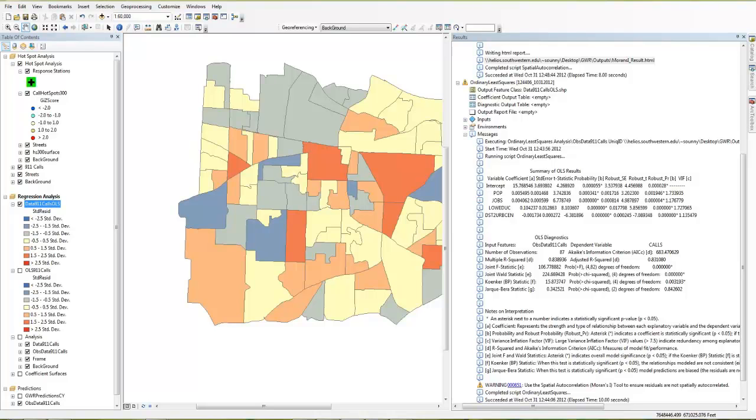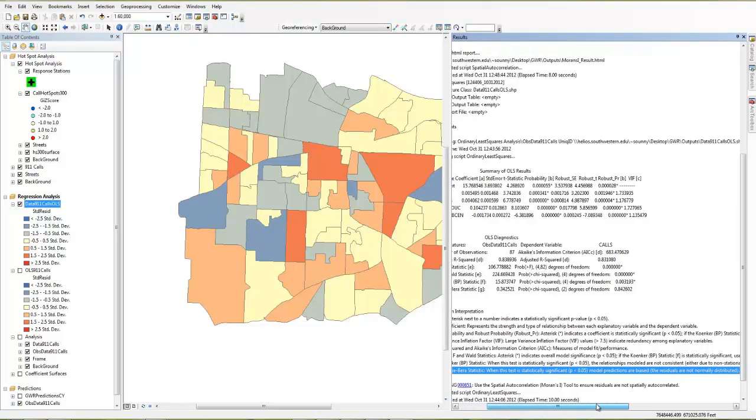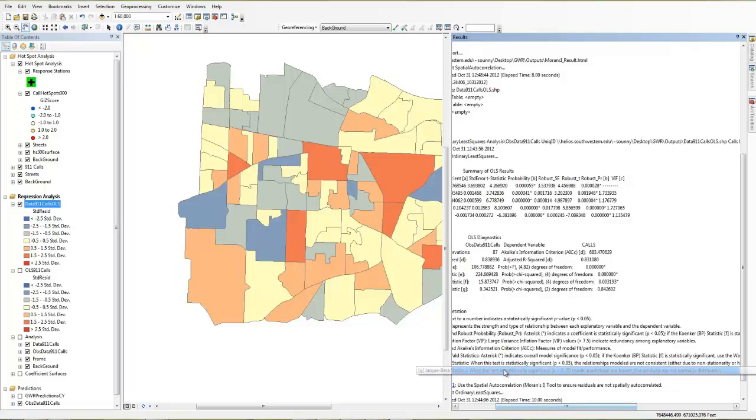So next, we want to make sure that the residuals of over and under predictions were a result of random noise. We can check that with the Jarque-Bera test, which makes sure that it's not statistically significant. And we can see here this test is